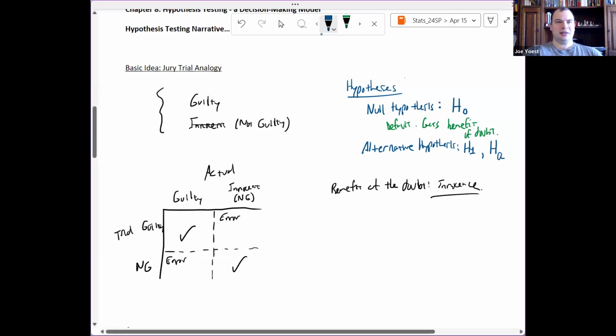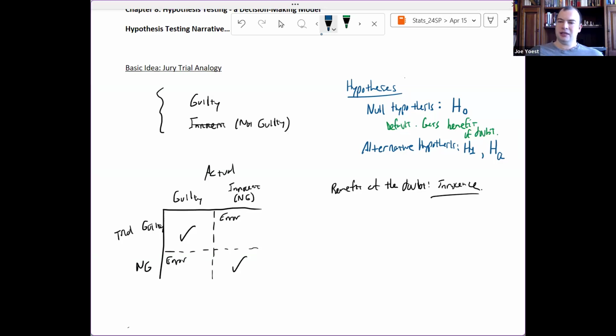If I have a null hypothesis, the existing worldview, the default, the thing that gets the benefit of the doubt, but I collect a bunch of data, right? If my null hypothesis is that the mean number of days off is 6.3, I collect a bunch of data and my sample mean is 5.4, and that's statistically speaking quite far below 6.3. I might say that that's enough evidence against the null and in favor of the alternative that the true mean has gone down,